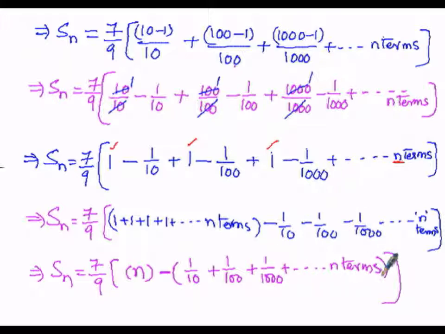So here I want to write this equation as the first equation. In this first equation, I want to take this first bracket as case 1. I want to solve this bracket, case number 1, separately. So here case number 1 is 1 by 10 plus 1 by 100 plus 1 by 1000 plus and so on up to n terms. So here I am going to solve this case number 1. Then now